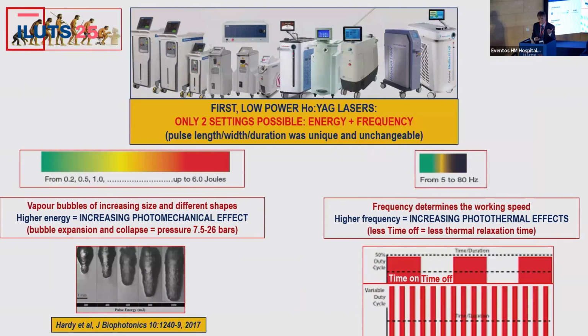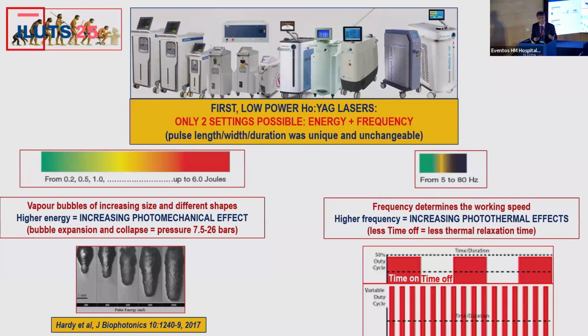And for the energy, increasing the energy of the holmium, we also increase the shape and also the bubble diameter, so we have more photomechanical effect. You have to know that this laser has a pressure from 7.5 to 26 bar, so it is able to break the stone, but also to move the stone up, so retropulsion was really a problem when we started to do this,